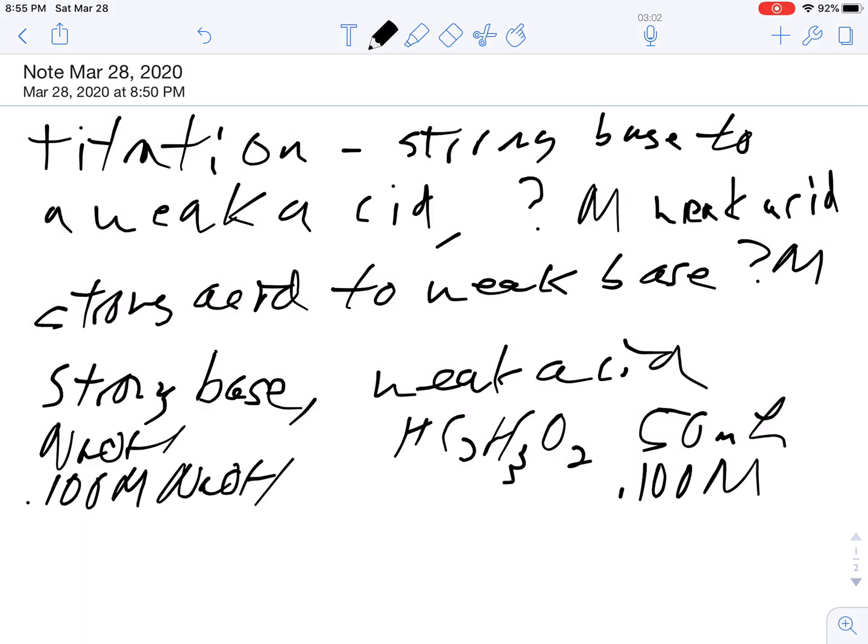Now, you don't have to have the same concentration. We could titrate with a different concentration of base, and sometimes you do. Sometimes you go with the stronger concentration of the base so that your titration goes quicker. Okay? So a titration curve,